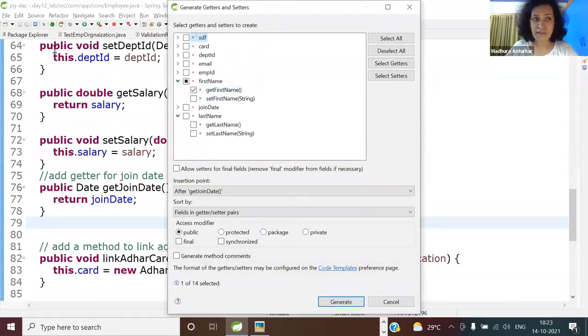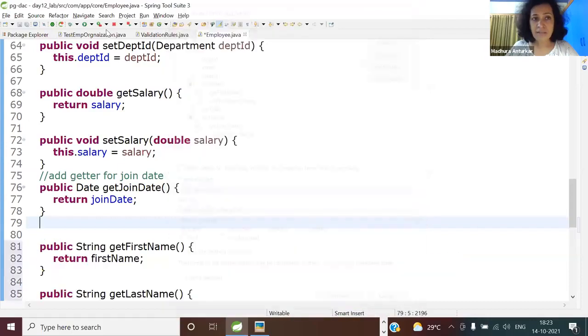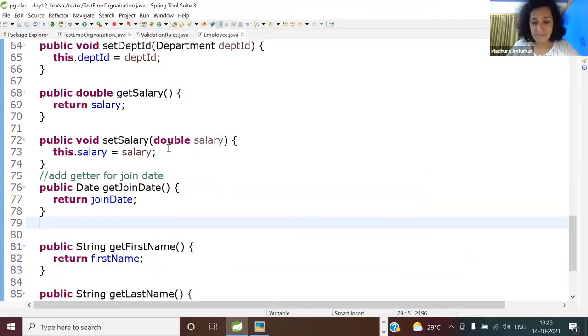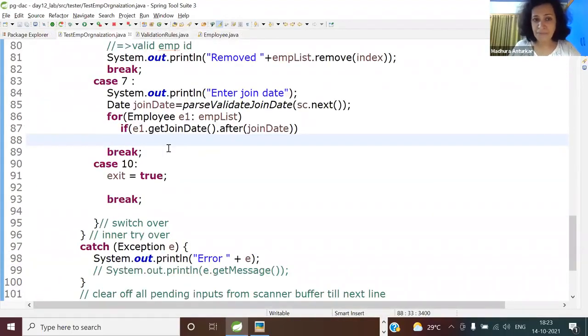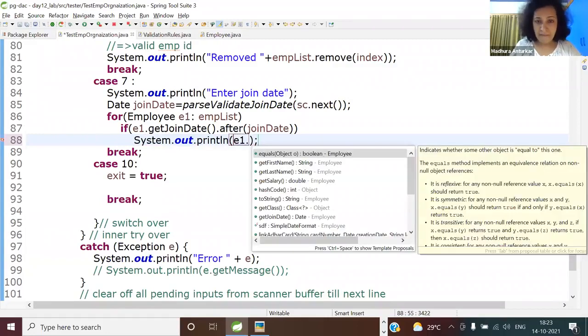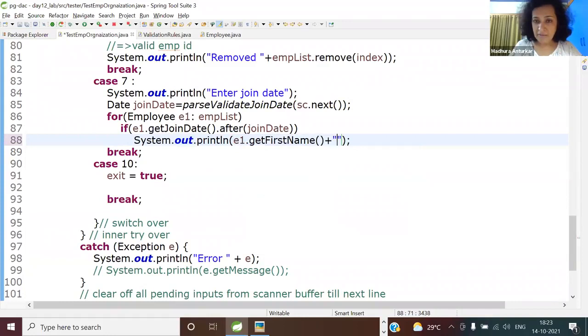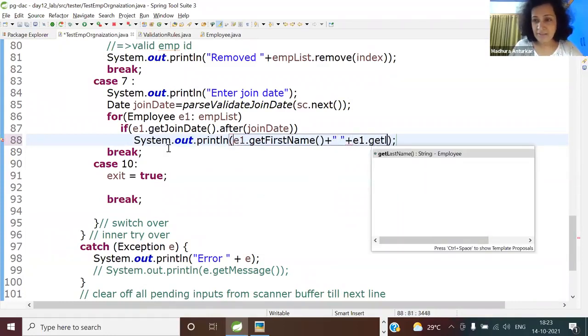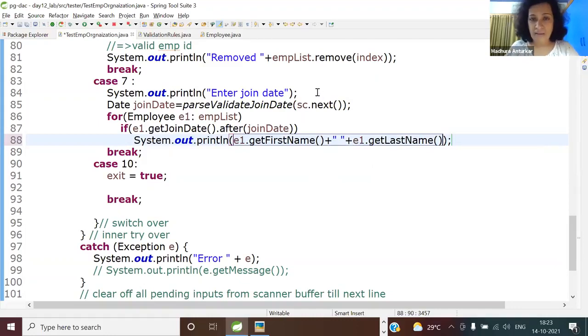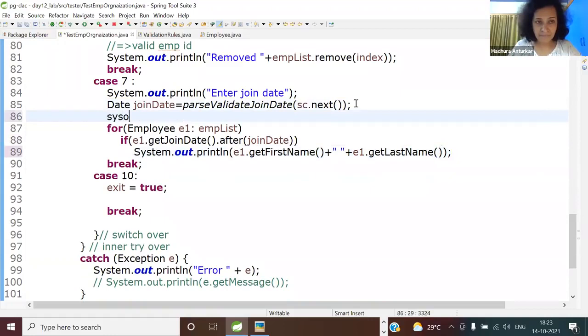Generate those so that I can access them via getters. So I just have to say SOP E1.getFirstName. You can add a space here as a separator. E1.getLastName. And here I can give a title. SOP